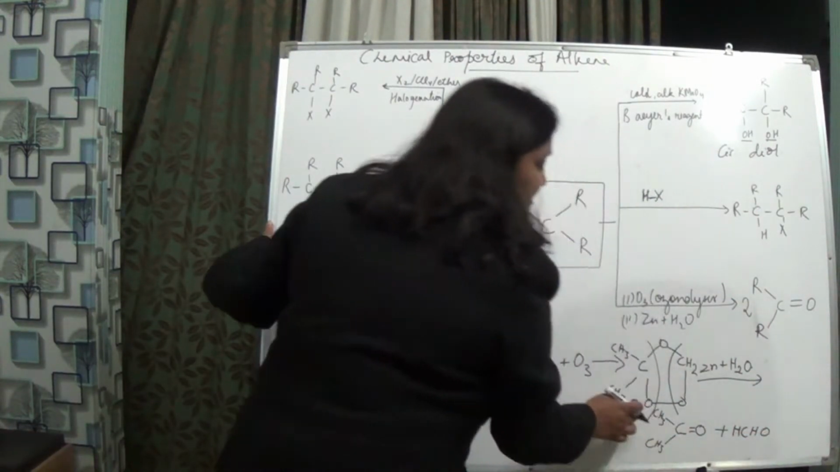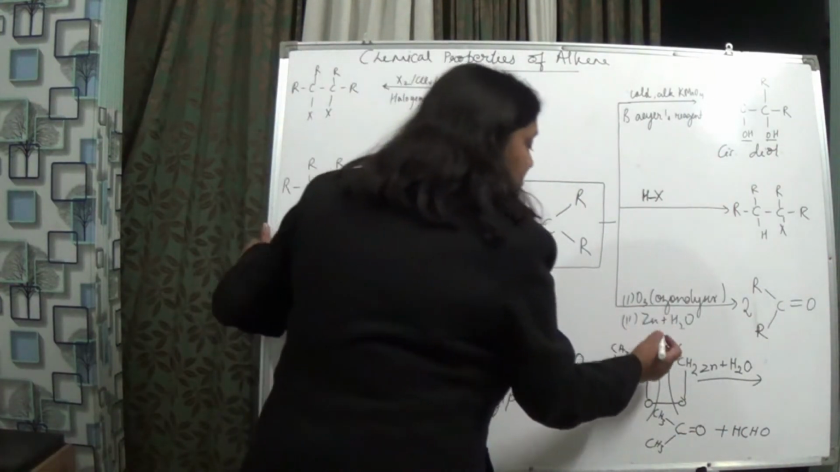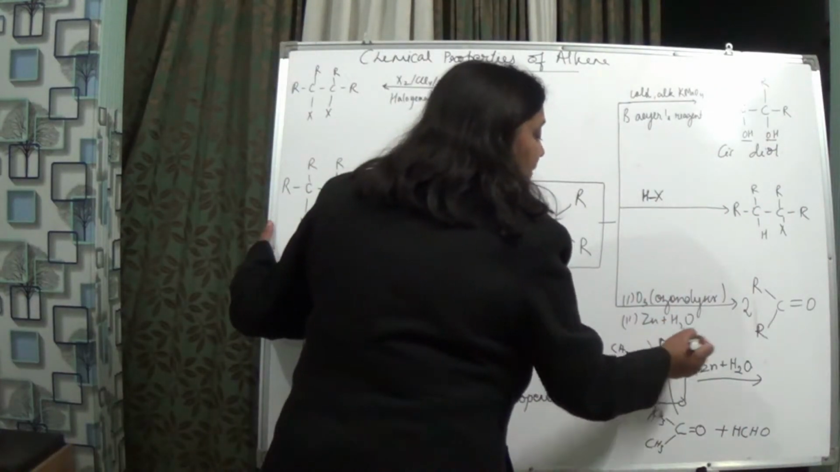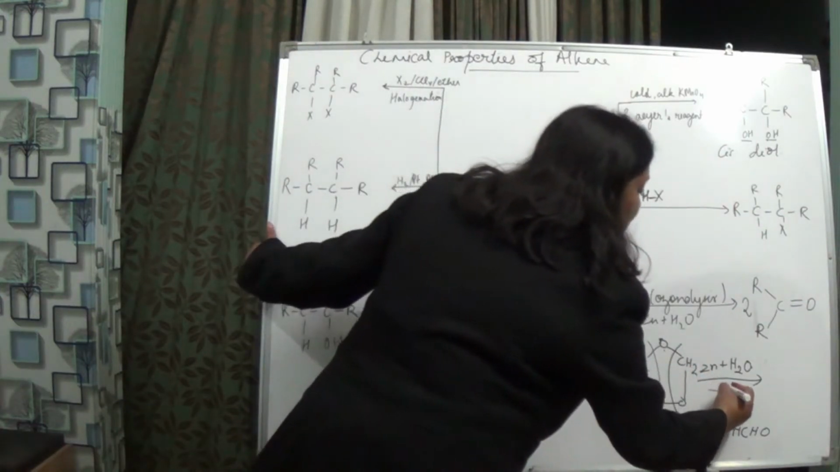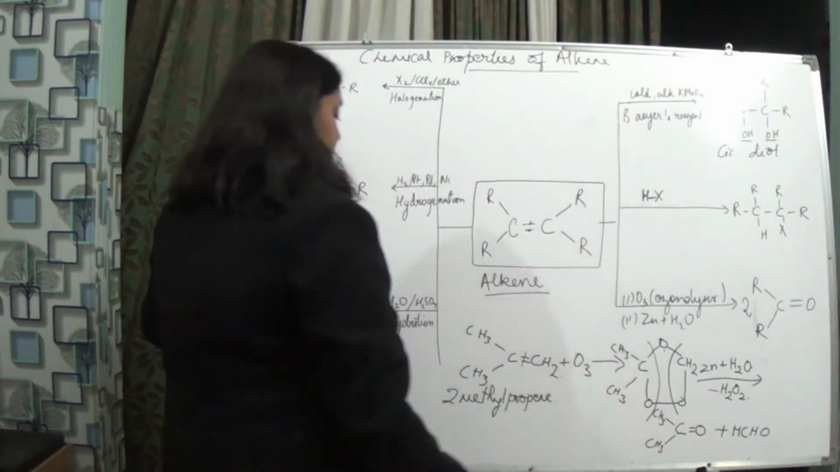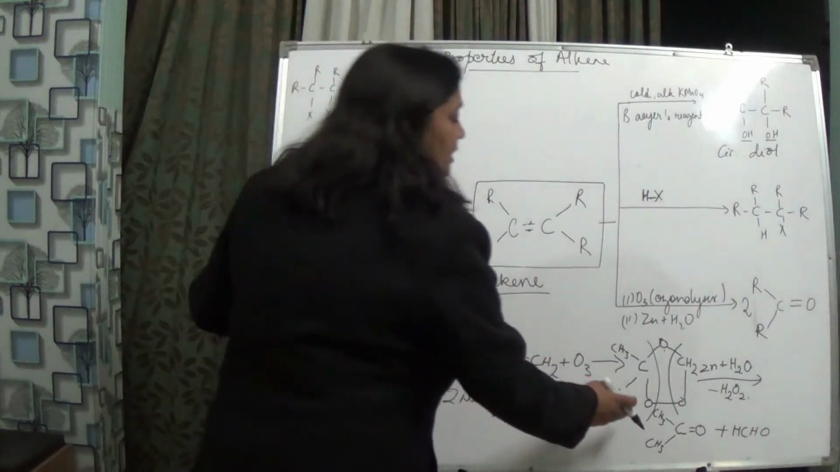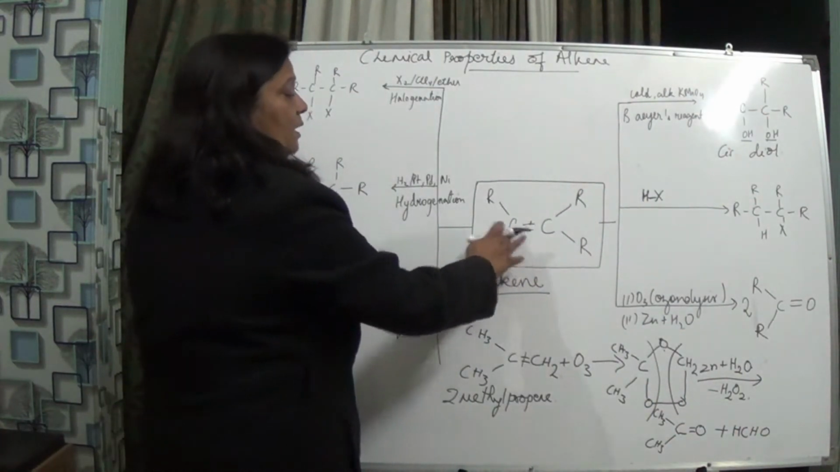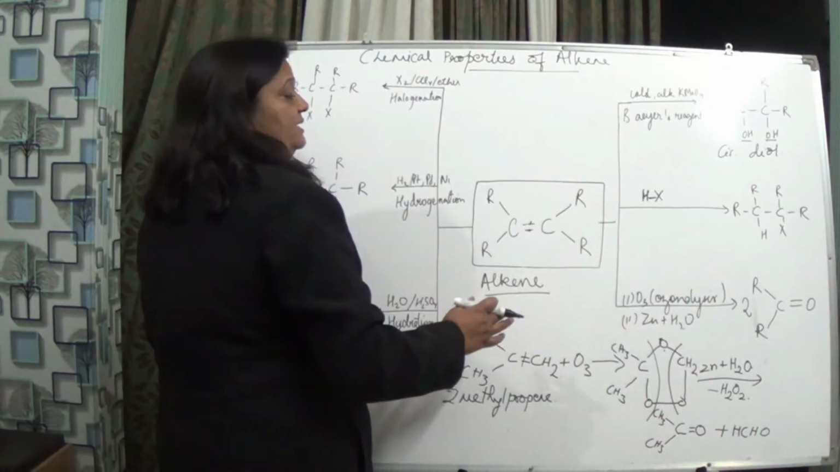HCHO. So a ketone plus an aldehyde will be formed, and one oxygen is over here. It will be added with water to form what? H2O2, hydrogen peroxide. So with the unsymmetrical alkene, we are getting what? A ketone as well as an aldehyde. And with the symmetrical alkene in ozonolysis, we have